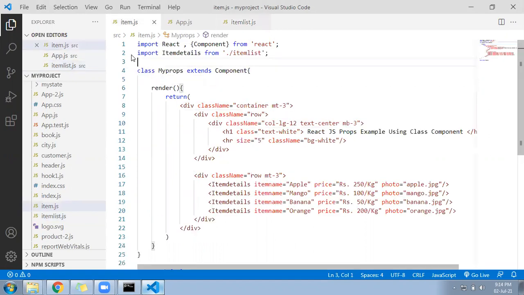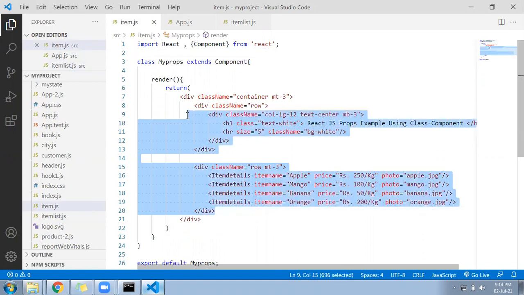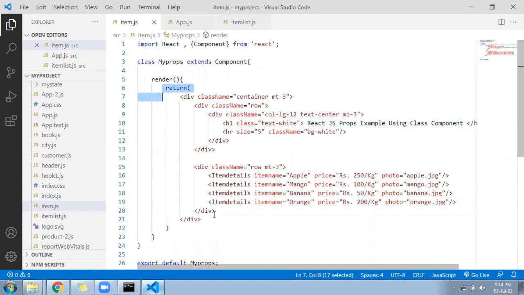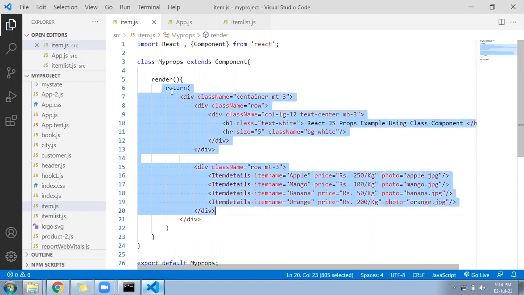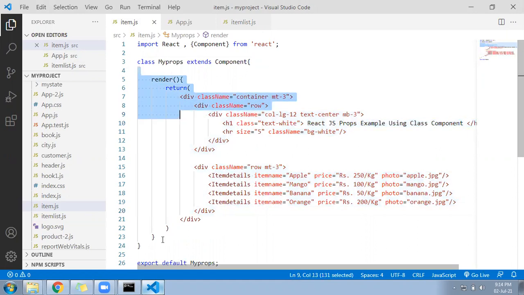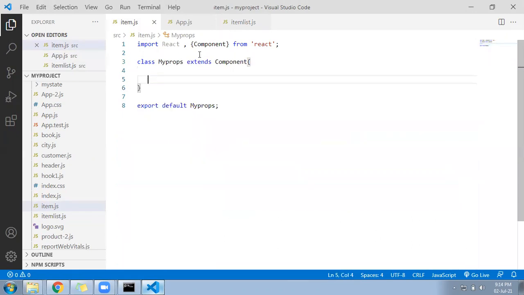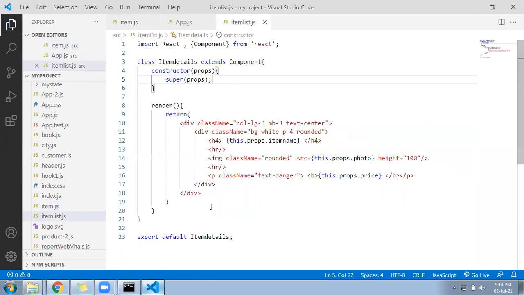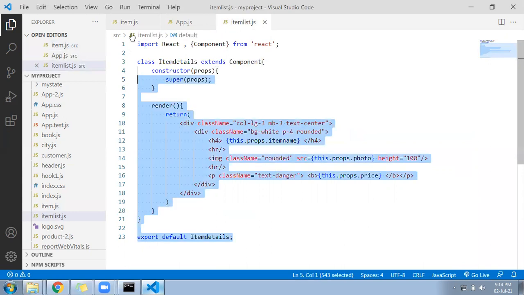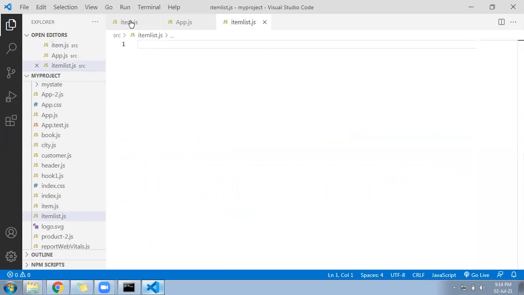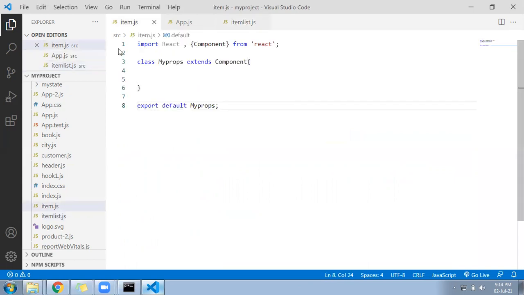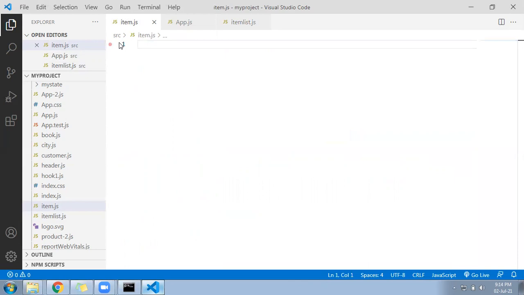This is my parent component, I'm deleting everything from here. I also have a child component called item list, and let me delete everything from there too. Finally, I deleted all the content from the parent component and from the child component.